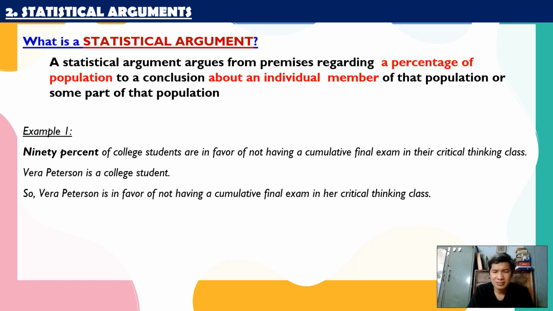Cumulative? There are 10 chapters we learned in the whole course, 5 chapters for the midterm and 5 chapters for the final. And in the final, we just focus on the last 5 chapters. Now if we have the cumulative exam, it means we put everything we have learned into the exam. Then that's 10 chapters for the final exam. That's cumulative. But you can see 90% of the college students are in favor of not having. They don't agree with having a cumulative exam. Maybe it's too challenging.